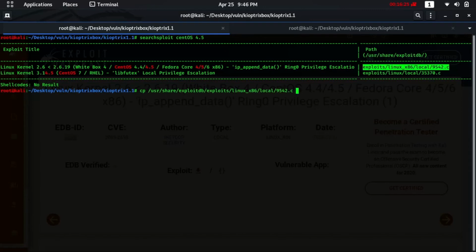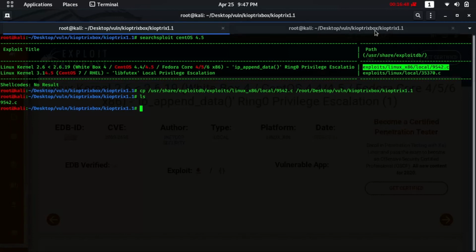Let me copy it first to a local machine in a root directory in the folder. Okay, I got it. Yeah, here is the exploit.